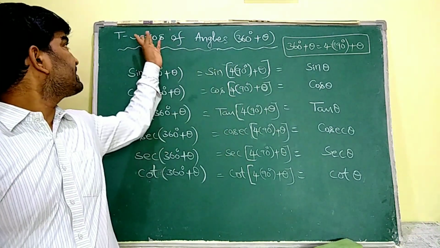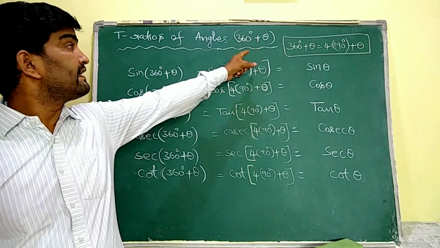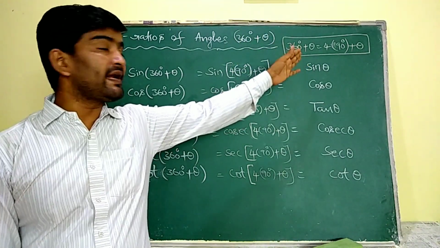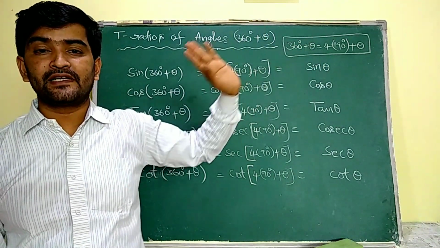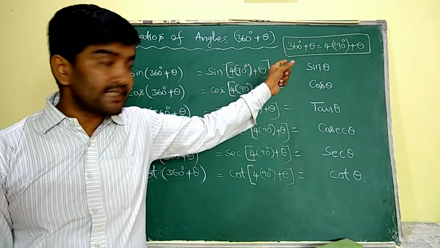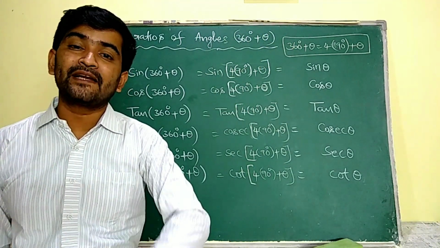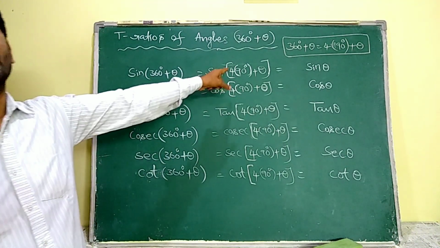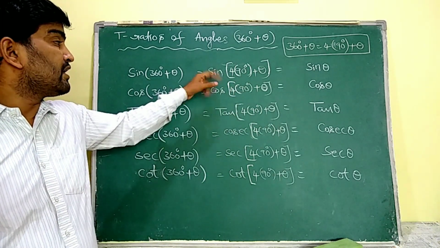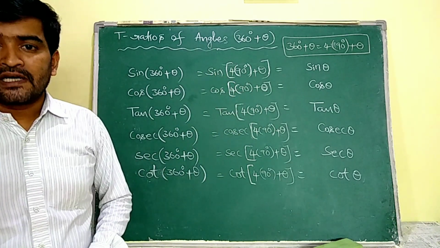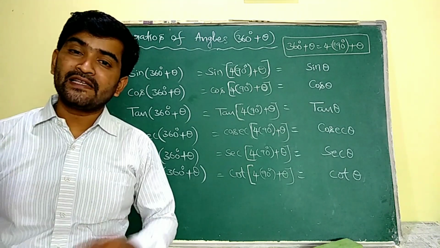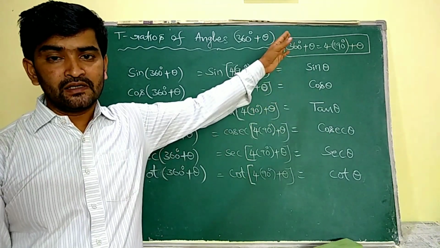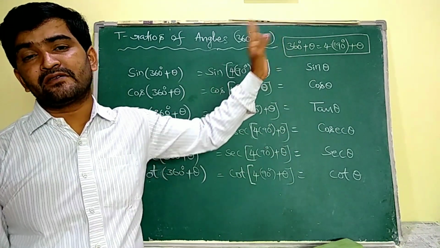Okay, now we are going to discuss the trigonometric ratios of angles 360 plus theta. As we know, 360 plus theta can be expressed as some n into 90 plus or minus theta. So I am going to express that 360 degrees plus theta as 4 into 90 degrees plus theta. Now I am going to replace this 360 plus theta with 4 into 90 plus theta. Now see, in the place of n I am having 4, that means n is even. If n is even, we know that there is no change in the trigonometric ratio. Because of that, I just wrote all the trigonometric ratios as they are.